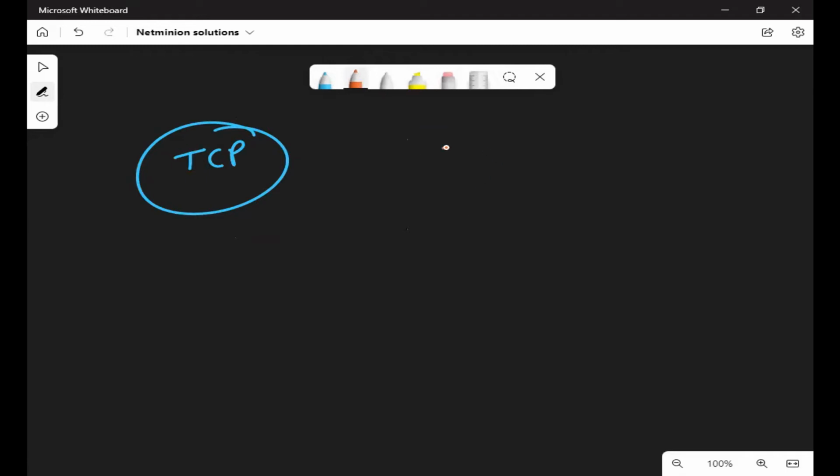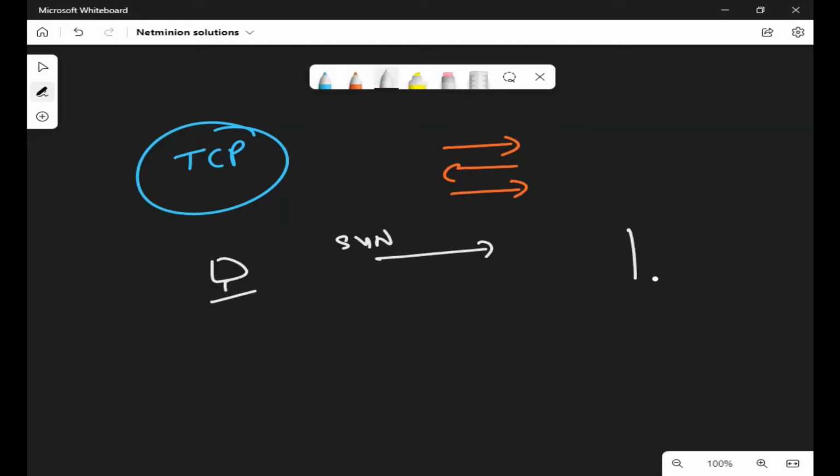How does TCP work? Everybody is aware of the three-way handshake, right? Although it was a four-way handshake, we can say it is a three-way handshake. Earlier, there is a client or source and a server. It sends a SYN packet, the server sends an acknowledgement that it received.